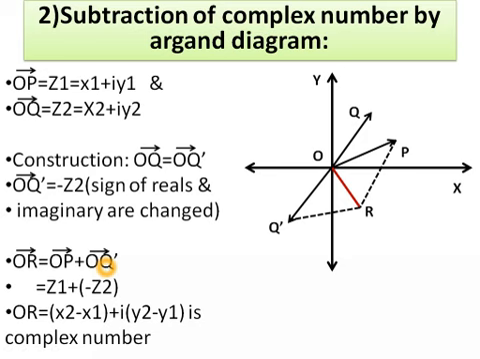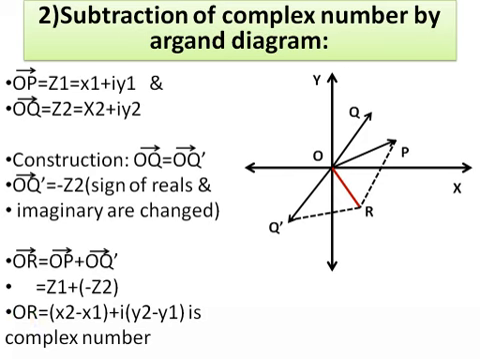We have tried to substitute those values over here. In the place of OP we have written Z1, and in the place of OQ dash we have written minus Z2, because a negative sign will be there, or the sign of the real part and the sign of the imaginary part has been changed. In other words, we can say that OR, which has been shown over here in red color, will represent Z1 minus Z2 simply. Once we understood this, we can say that this OR, which is nothing but Z1 minus Z2, is also a new complex number